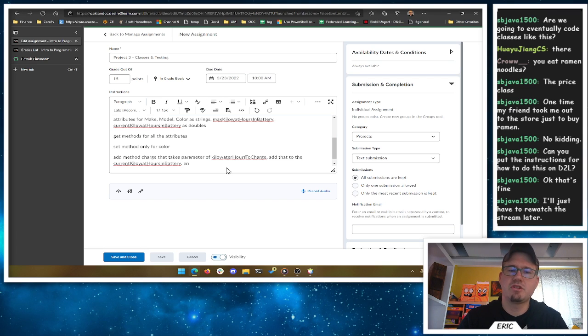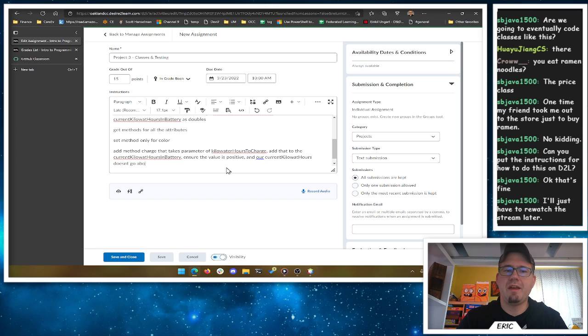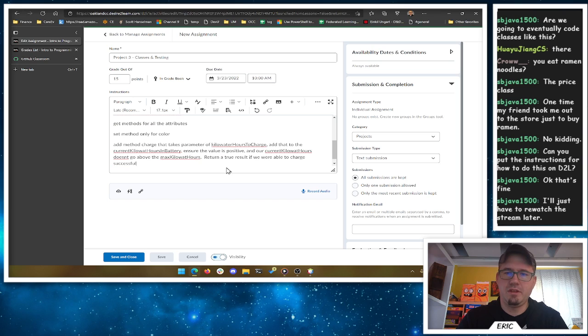But we need to make sure the value is positive and our current kilowatt hours doesn't go above the max kilowatt hours. We're going to return a true result if we were able to charge successfully. Return false if it went above the max or was negative.